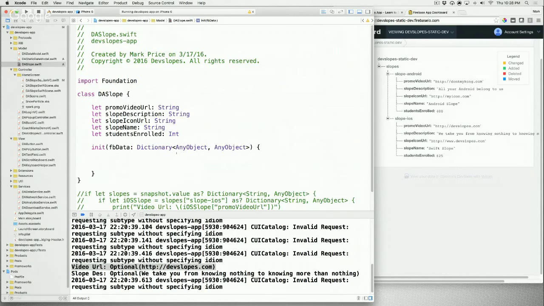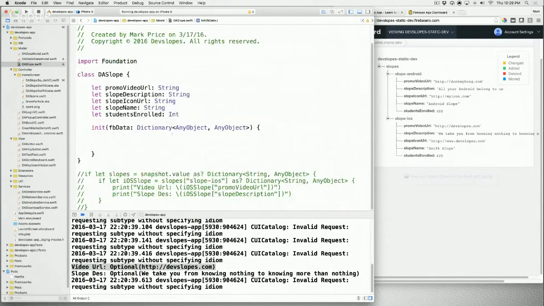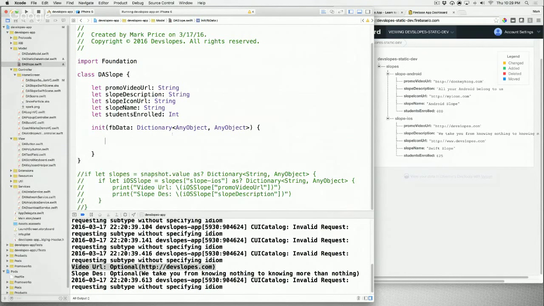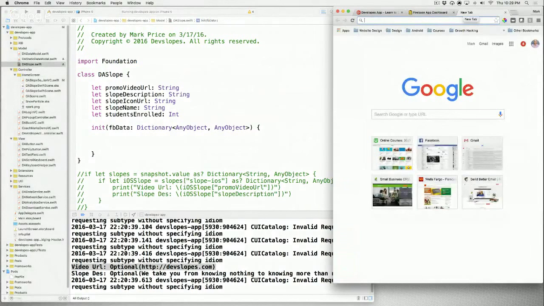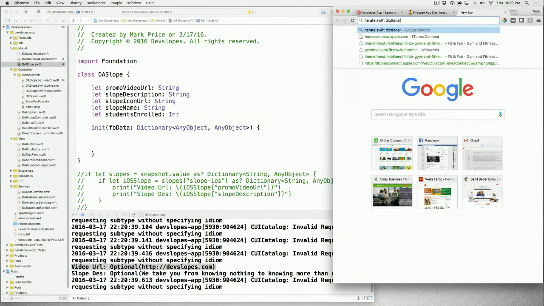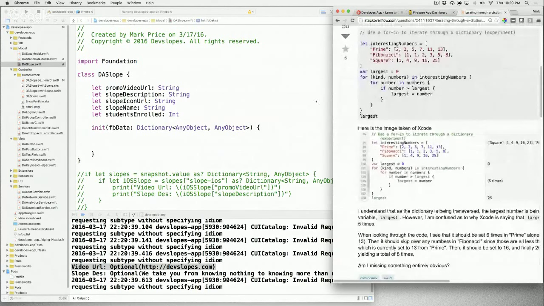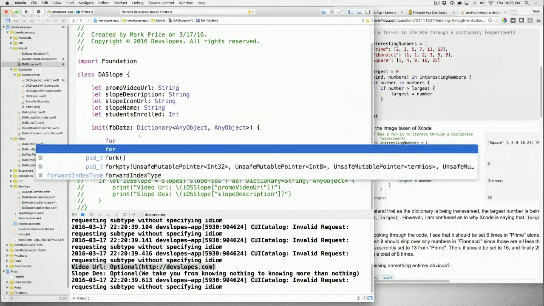So first things first, let's just pull them out just as they're done here. So that's a dictionary of string to any object. Okay, so let's go ahead and say let. Actually, let's iterate through the dictionary. Does anyone remember the syntax for iterating through a Swift dictionary? I can't remember. Iterate Swift dictionary. Blah blah blah. That's right. So for each